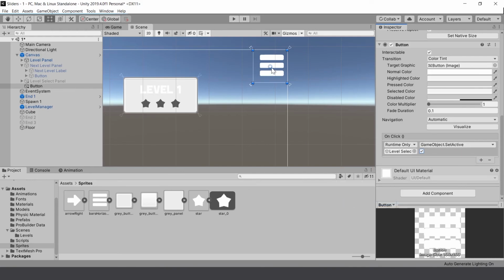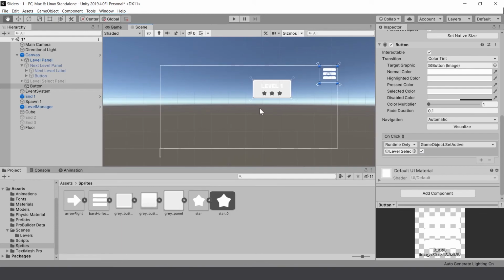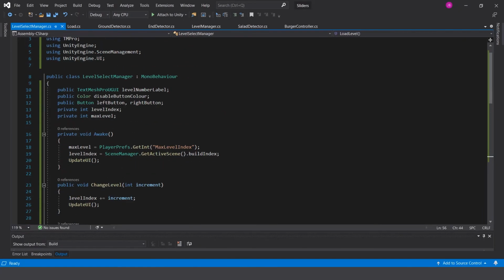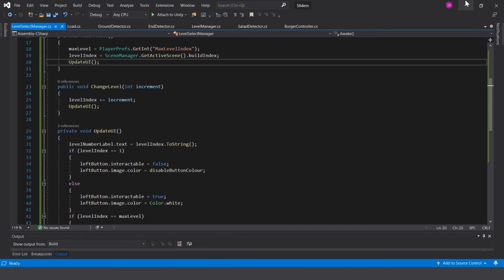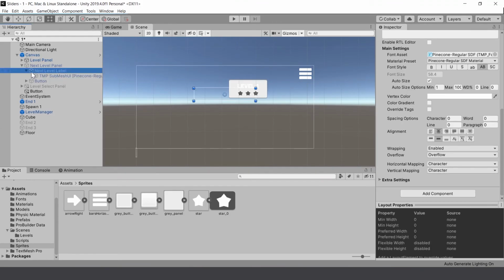So now as soon as you click that, it's going to set our level select panel as active, and when that happens, that's when our awake function gets triggered, sets everything up, and then we just need to make sure